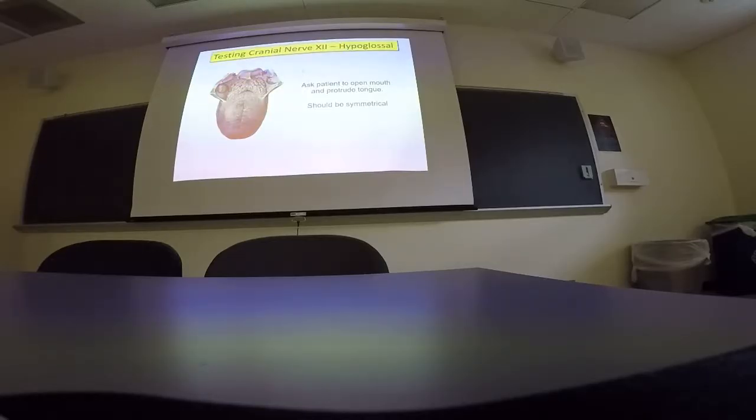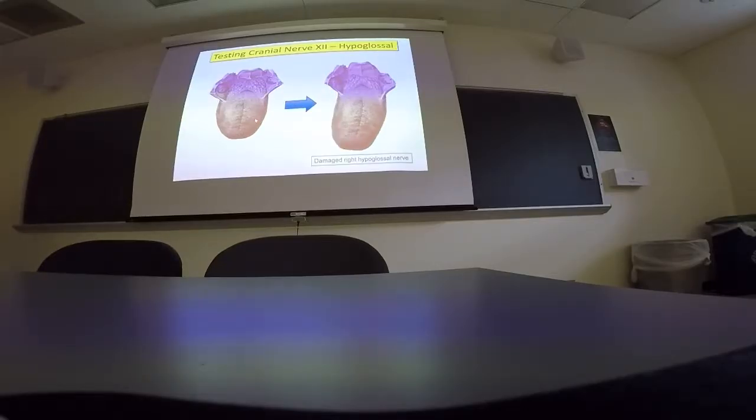Okay, so here is the tongue. If you want to check if there's a problem with the hypoglossal nerve, you can ask the person to stick their tongue out. If they can't stick their tongue out, they probably have problems with both sides of their hypoglossal. However, if they stick their tongue out and it isn't straight, that's what it should look like. But if they stick it out this way,